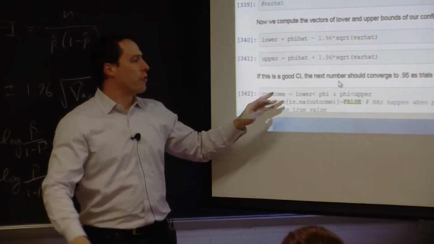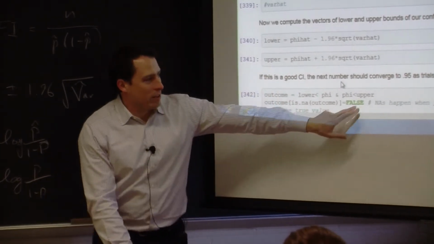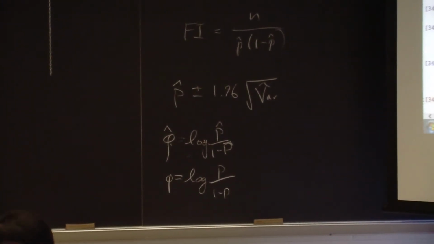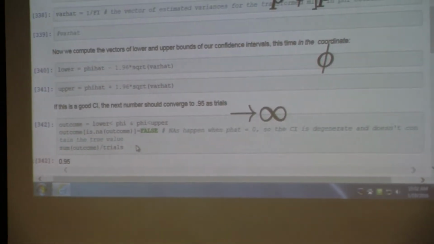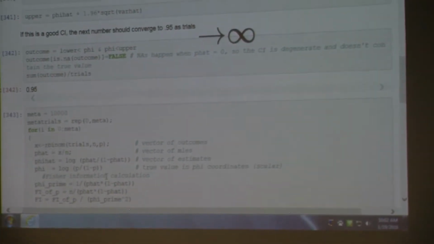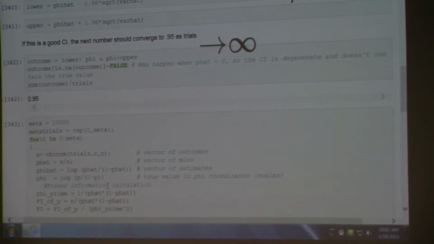But in this case, we know the true value of p is not 0, so I have to set all these to false. So that's kind of a drag that pulls it back toward 0. But nevertheless, okay, this time, hey, we got 0.95. It worked pretty well. So let's do the meta version where I do this whole procedure